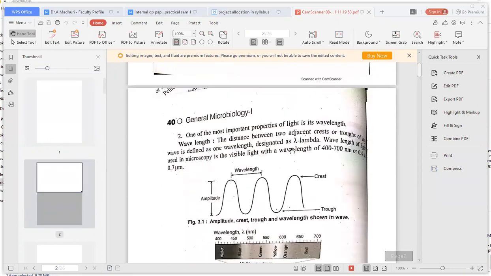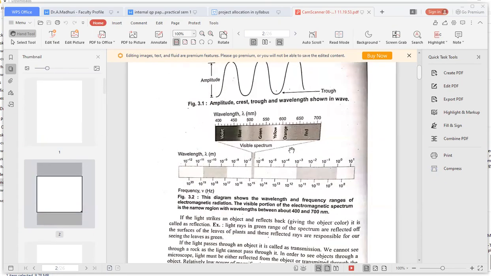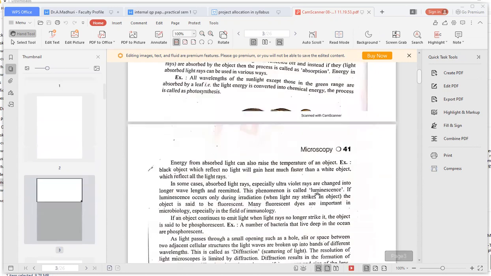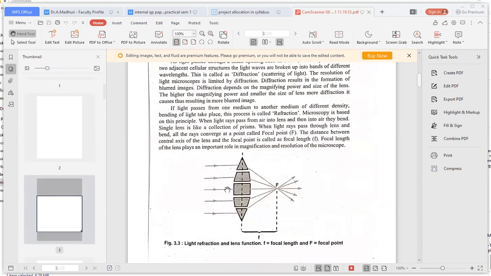Glowing property of living organisms is called bioluminescence, right? And light is traveling linearly in the form of waves. It has frequency, it has wavelength. Okay, these are the different wavelengths of light, and these are the different regions. This is the visible spectrum, and UV light, and other ranges will be there in this spectrum, electromagnetic radiation. And then this is the lens. You're able to see the screen, right, all of you? Yes, ma'am.